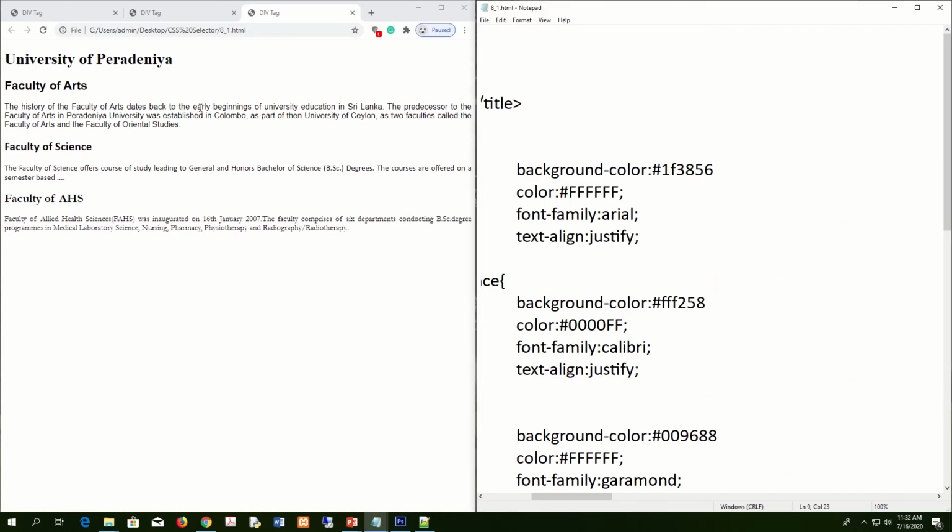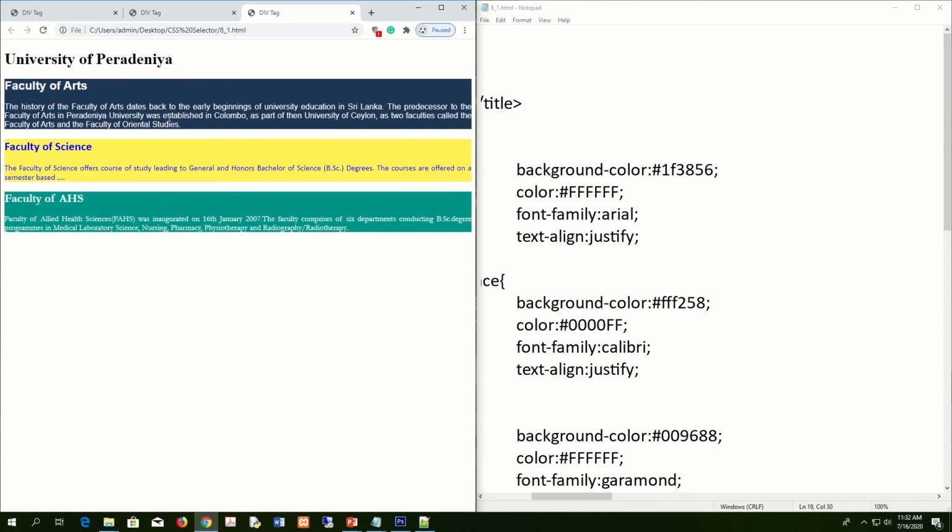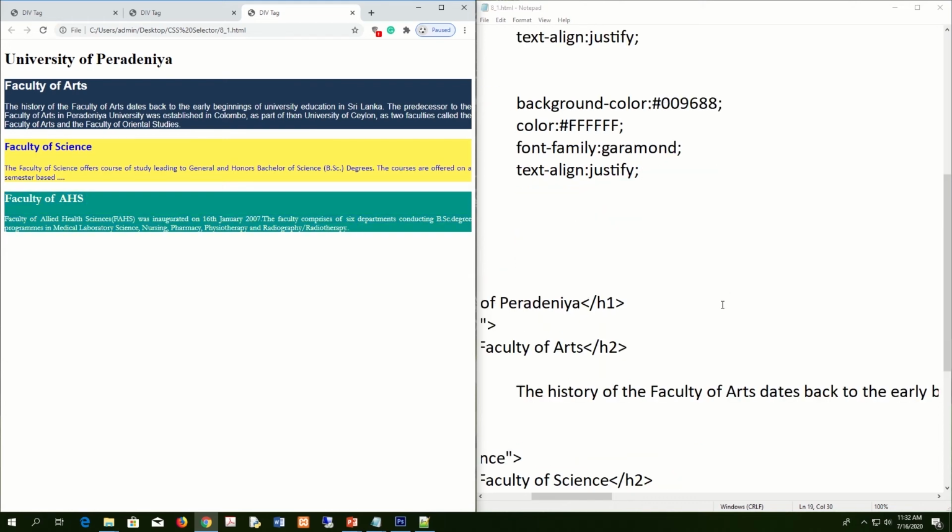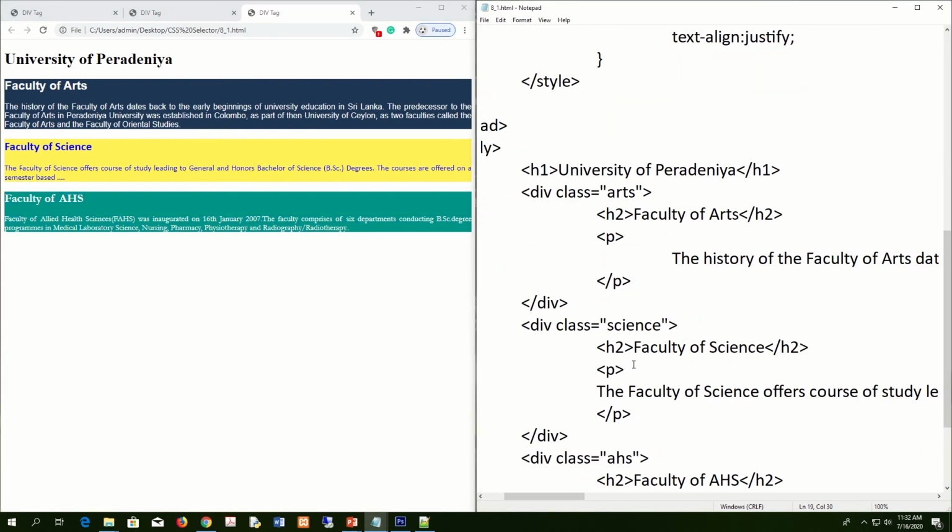In here, these fonts are applied, but the background color is not applied because in here I don't put this semicolon in the background color. Okay, save this. Okay, now you can see, right? So all those properties are applied. Here font color is applied, background color is applied. Both are applied. Here also applied, right? So here I use the three different divisions for